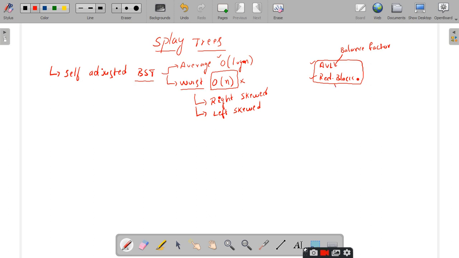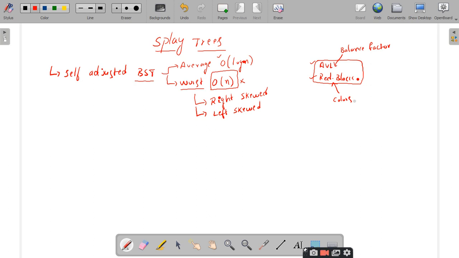Yes, sir. Similarly, in the case of red black trees, how do you adjust the height of this BST? Rotations and coloring. Rotations and coloring, but they are based on the concept of colors, red and black, right?